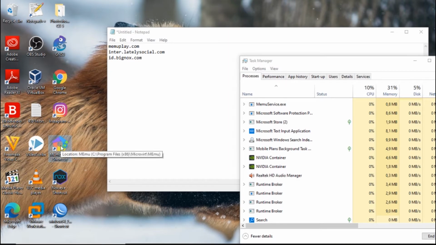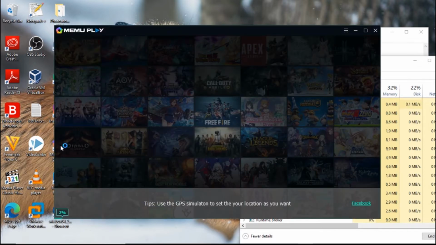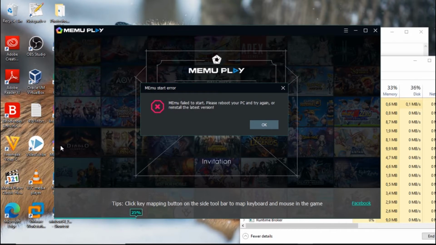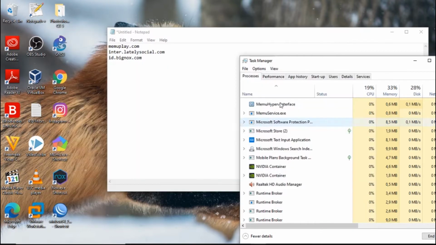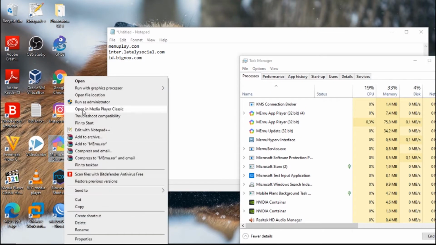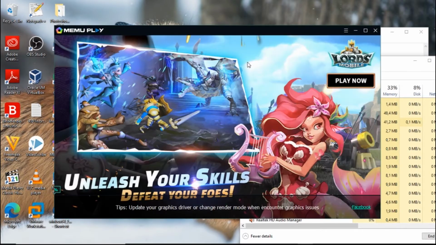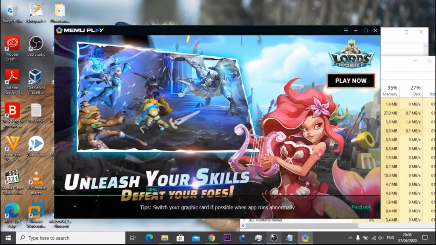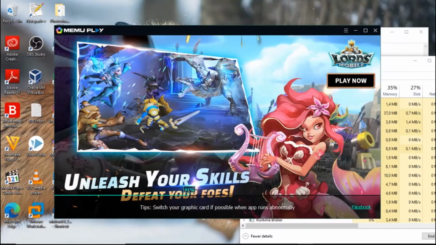This Memupy, I already tried, but it doesn't work, but no problem, I will show you the error. Oh, I'm sorry, wait, we must run it as administrator first with Memupy. Okay, still loading.